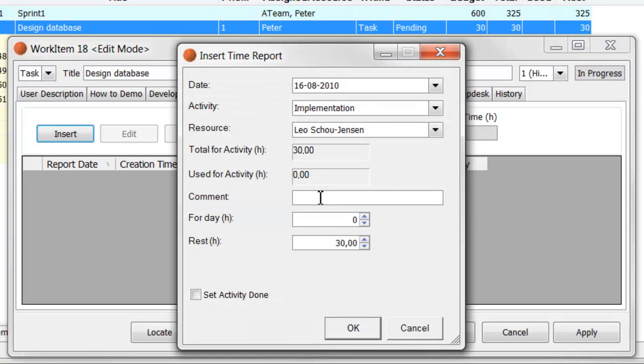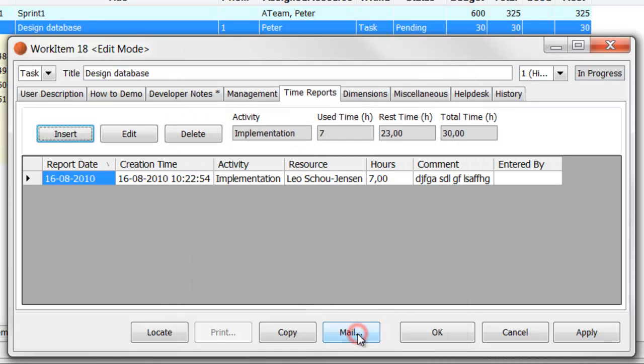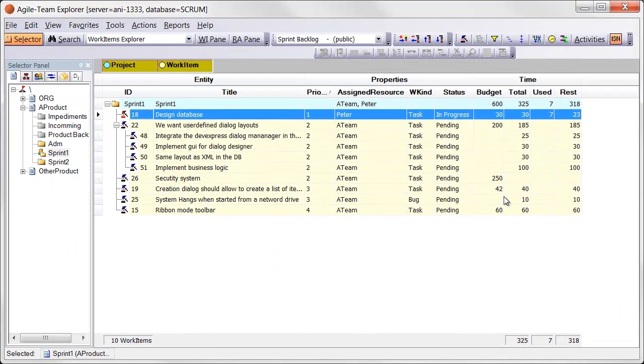When clicking on the Insert button, it is possible to give a comment about the work, together with the number of hours, and then maybe correct the rest estimate to complete the work. When we leave the work item dialog, we see in the Explorer that the status of the work item is now in progress, and we can see that the used time column shows how many hours we have worked on